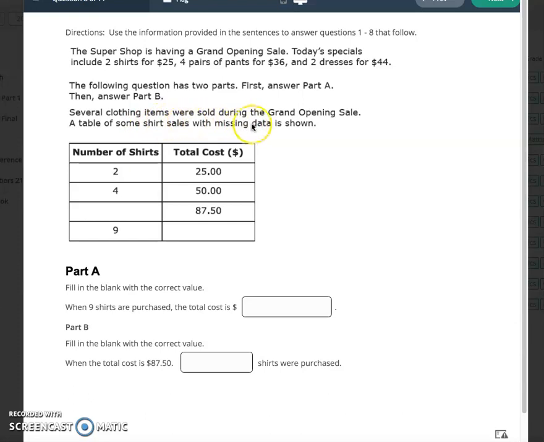Several clothing items were sold during the grand opening sale. A table of shirt sales with missing data is shown. So fill in the blank with the correct value. When 9 shirts are purchased, the total cost is how much? We just look at this very first one. We know that 2 shirts cost $25. So if I do 25 divided by 2, I know that 1 shirt costs $12.50. Now if I'm buying 9 shirts, well,